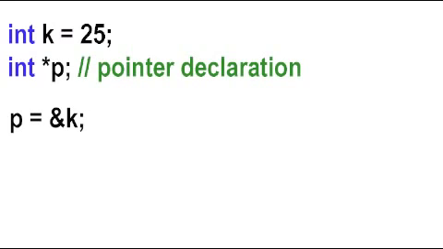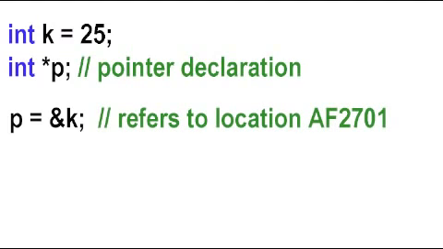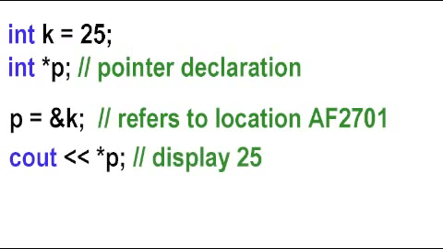In order to get the memory address, you need a reference operator to tell the computer to go look up the address of k. So now P contains the address of k, which is AF2701. Now that you've stored the address of k in pointer P, you can use P to find out what